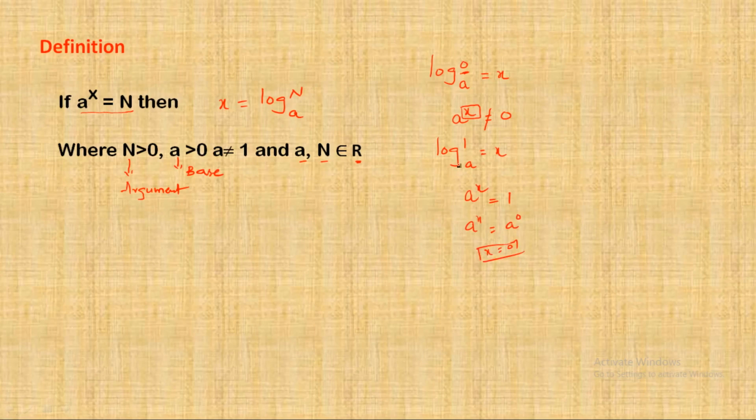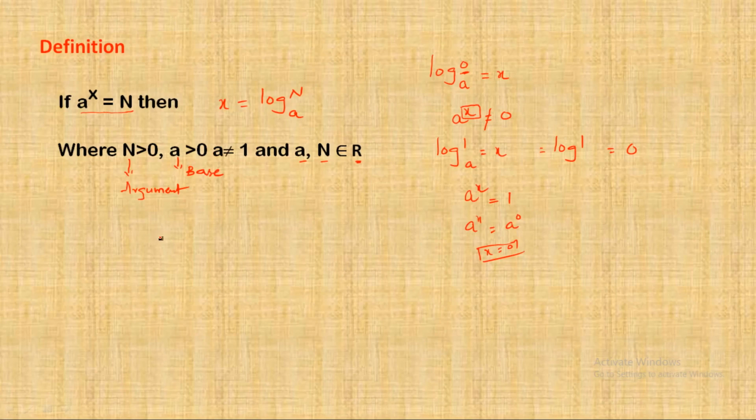So the value of logarithm of 1 is 0, that we have already seen. Log 1 is equal to 0. Now we see about the conditions of base. The base has two conditions: one is it should be greater than 0, and the second one is it is not equal to 1.